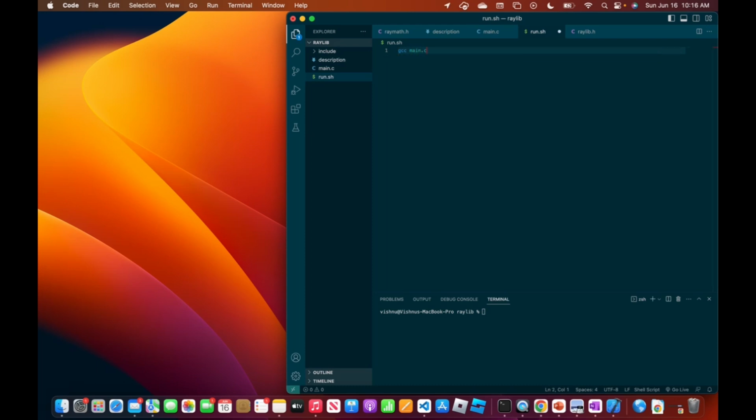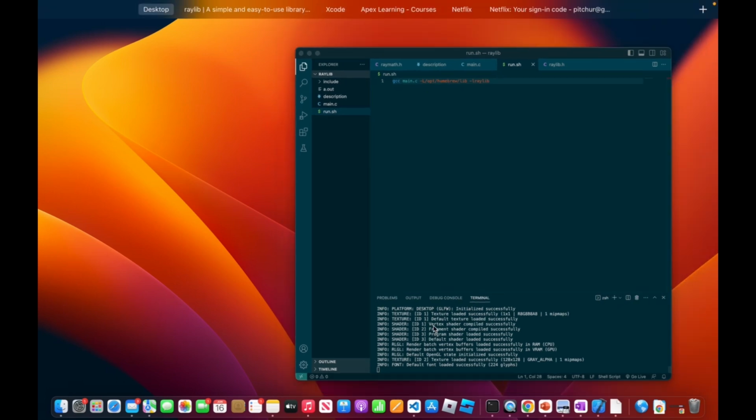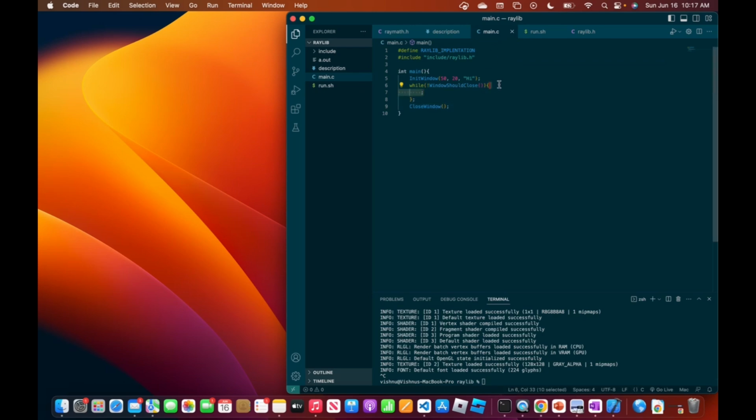Then we can... is this what would work? And I think it's actually slash homebrew slash lib. Yeah, and then it works in the app.exe, and it seems to be running. The thing is, it prints nothing because we need a proper